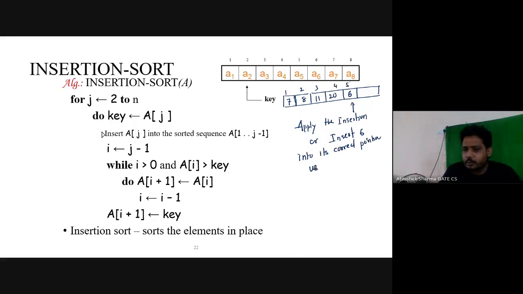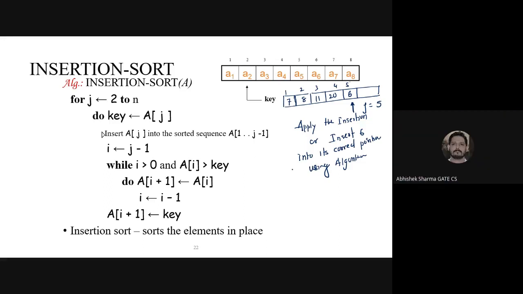Okay, use the algorithm, and don't do it randomly. Using the algorithm will give you a better understanding. Just a small task I'm giving: think of this instance and assume that right now j is equal to 5, j is pointing to this index. Madhvi, I'm repeating it. Just try to apply this algorithm over here. If you are not able to do it, I'll repeat it again. Please apply this algorithm. Take 2 minutes of your time.